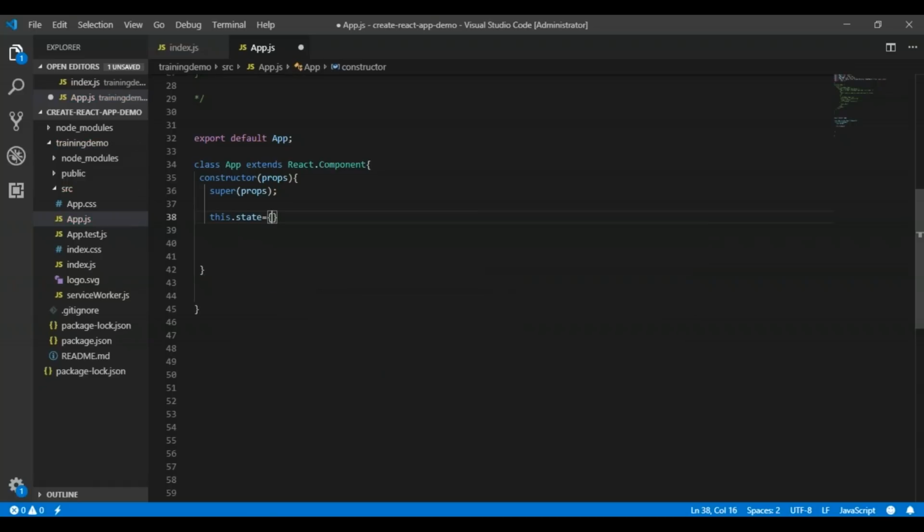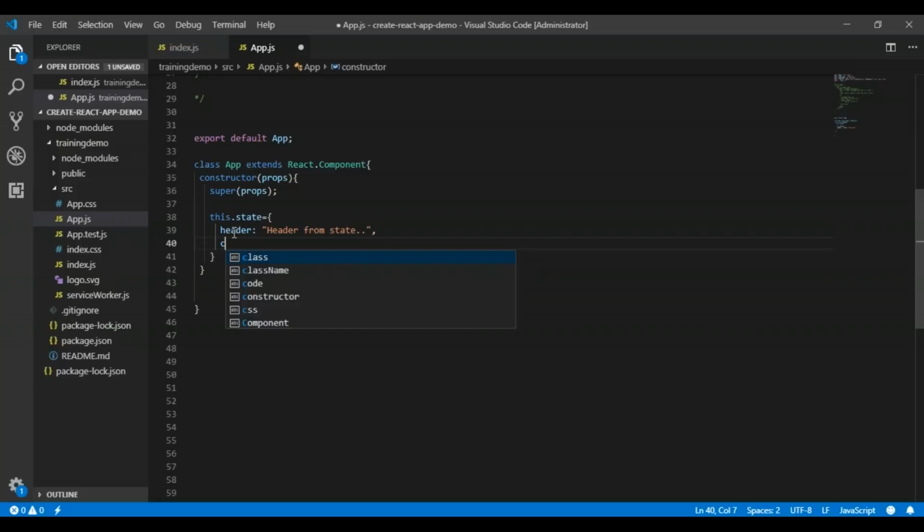Please remember that if you have to set the initial state, you have to do it with this.state. In this.state, you can define any number of properties. Any properties you want, you can define in this. So let's define over here, for example, two properties. One property I have, let's say, for example, header. This is just a property. I can write a text for it. Let's say header from state. Any text you can write. This is just setting the initial state.